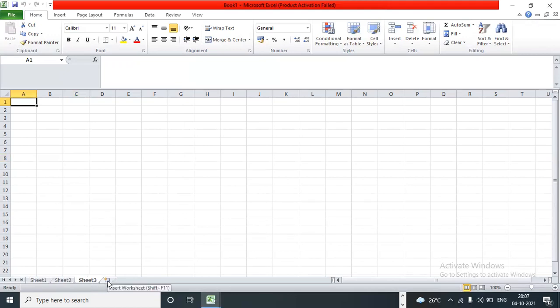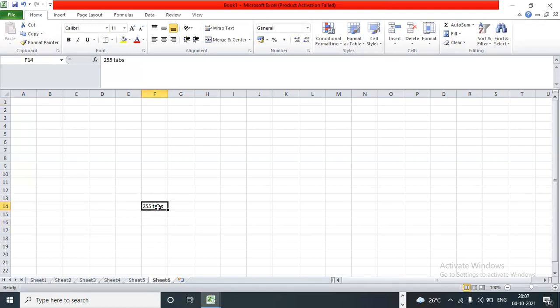If we click here to insert a worksheet, sheet 4 comes into the picture. If you click on another tab, another sheet comes into the picture. Like this, I can keep on opening around 255 tabs. Each sheet is called a tab, right?